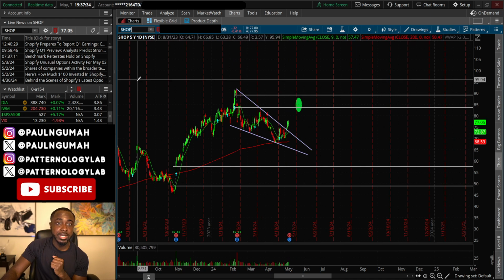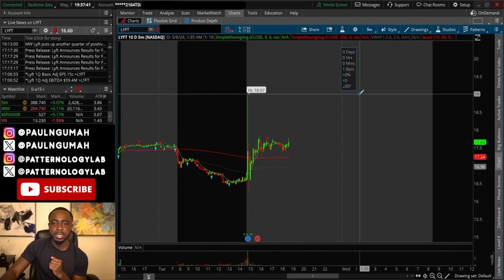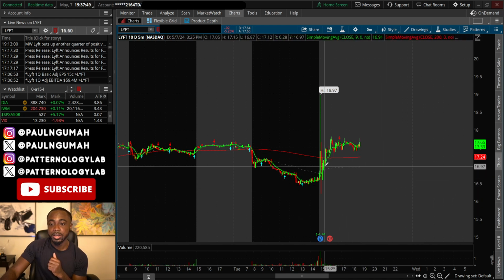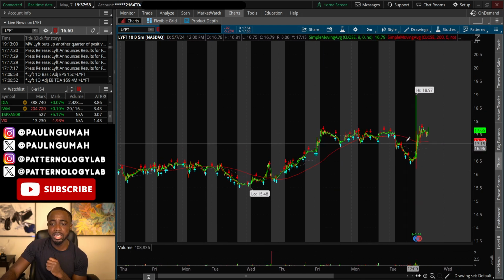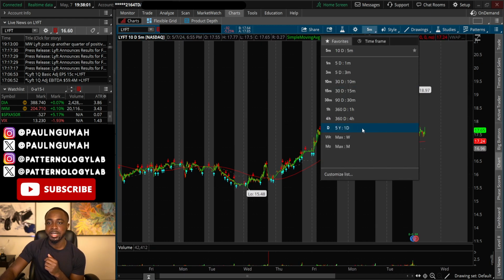Now let's look at another stock that is about to report earnings or reported earnings. Lyft. And Lyft, this is an IV crush. If you gamble through earnings, long or short, you're about to lose. All right, the stock didn't really go too far. It pretty much stayed around the same price. Both sides are going to get crushed because of the implied volatility in the contracts. And right now,